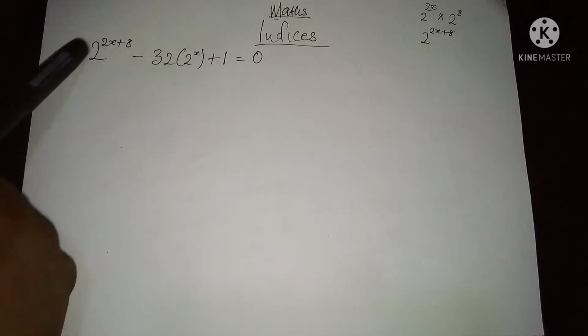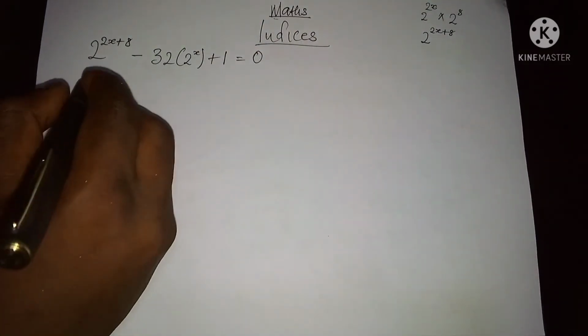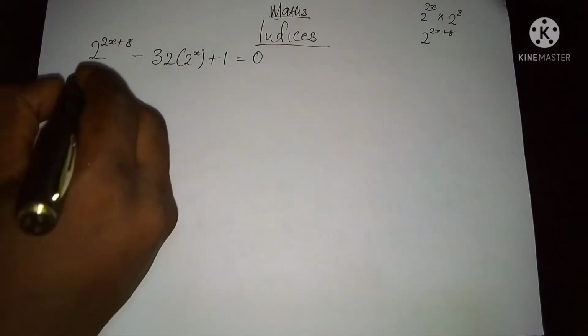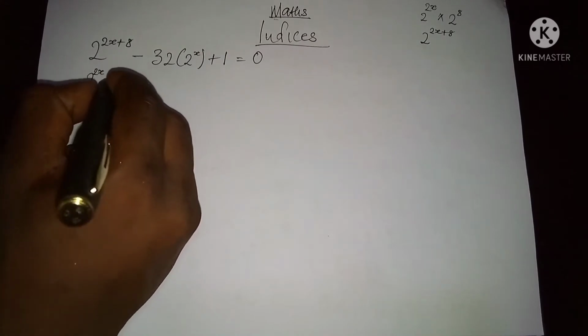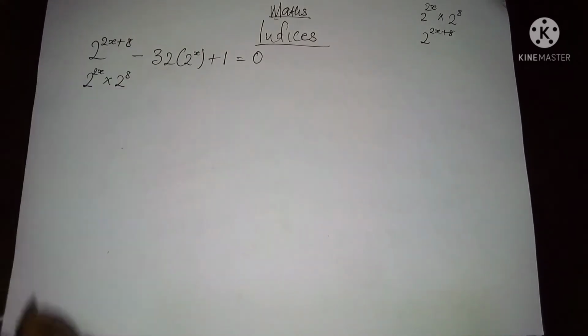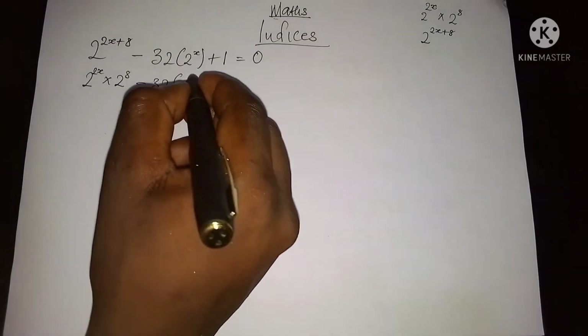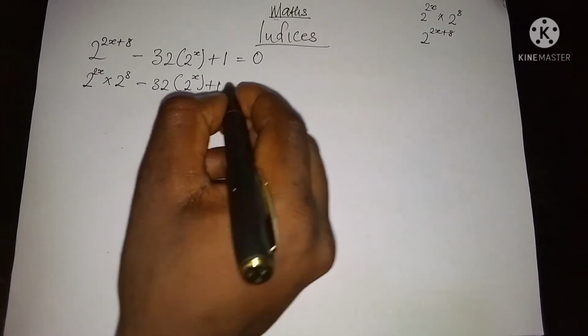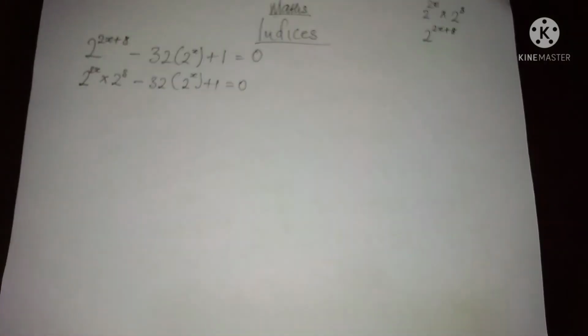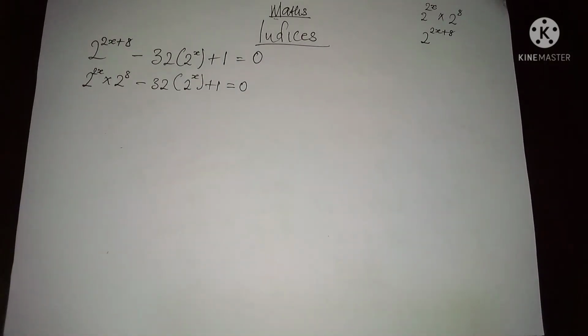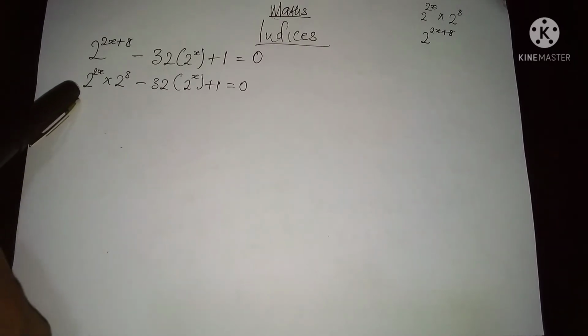So we are going to take this back to what it was by having 2 to the power of 2x times 2 to the power of 8 minus 32 in brackets 2 to the power of x plus 1 equal to 0. So if you take a close look at this 2 to the power of 2x we have here, you will see that we can still break it down further. So if we break what we have here down,